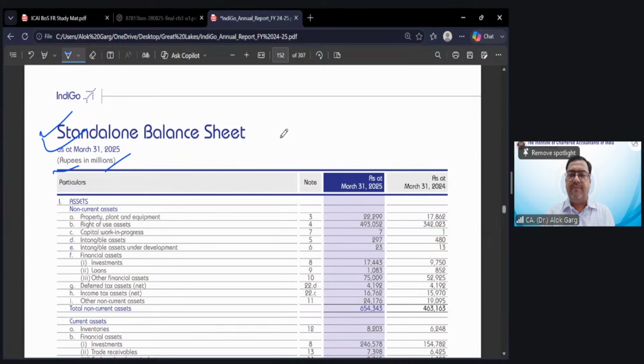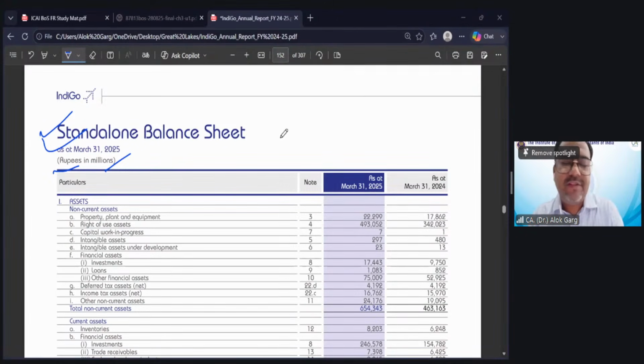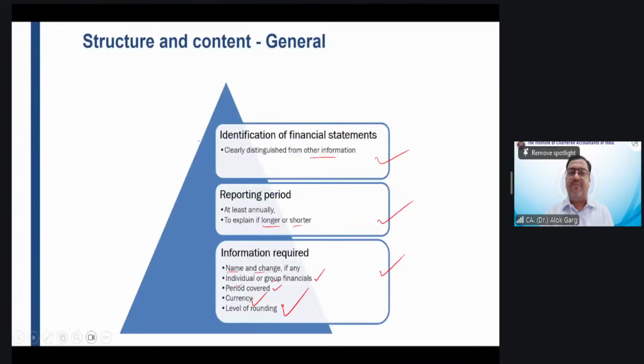Yes. Sir, there will be a significant balance in rounding sometimes. Where will that balance be disclosed? So Manoj, when there is a difference due to rounding off, you can adjust the difference in other current assets or other current liabilities, other income, other expenses. There is no guidance about it, but normally companies do that. Okay. So, are you comfortable with this basic information about the structure and content?